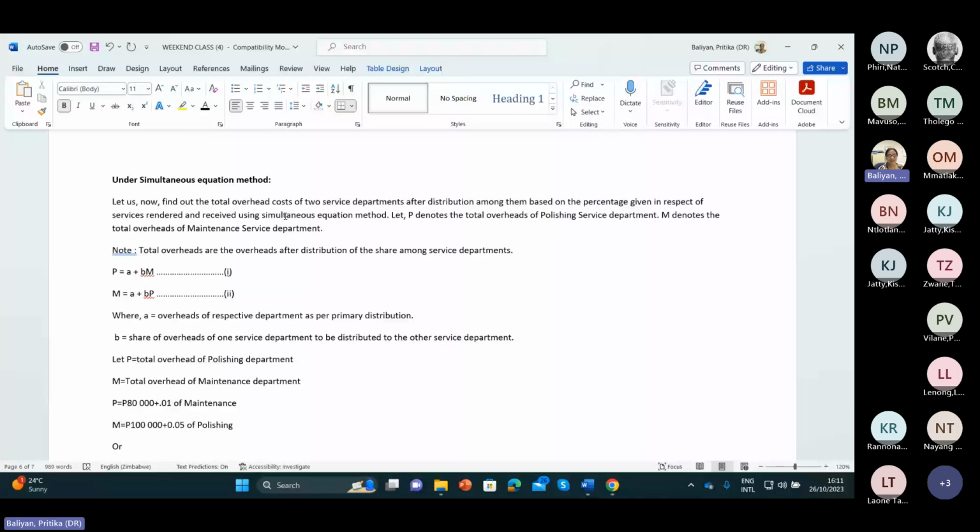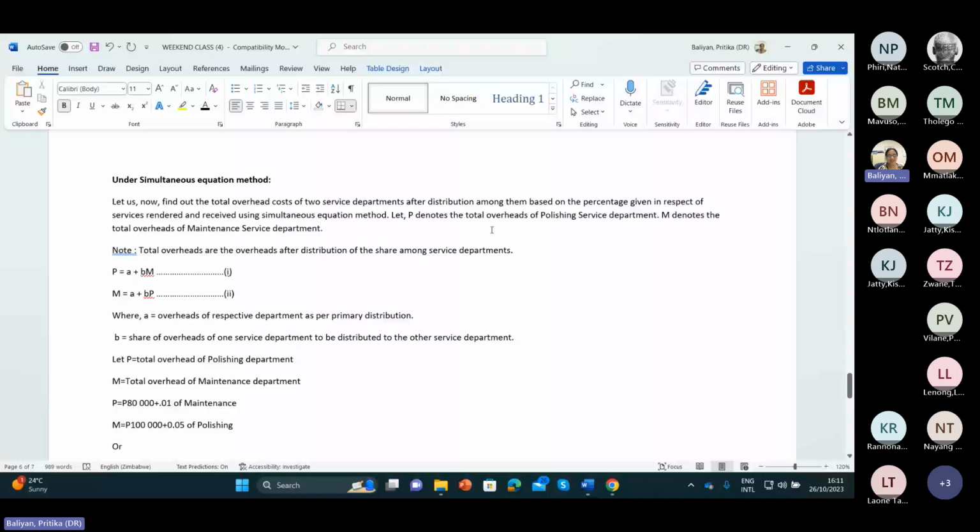So we assume the total overhead costs are the overhead after sharing among the service departments. So P denotes the total overhead cost of the polishing department. You can use any alphabet, either X or Y, or you can use P, Q, R, M, any letter. So here we have taken P to denote the total overhead cost of the polishing department,